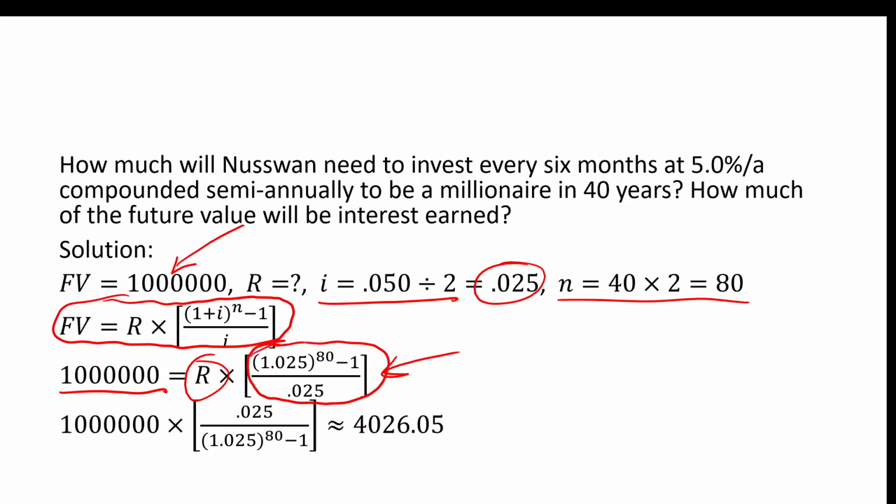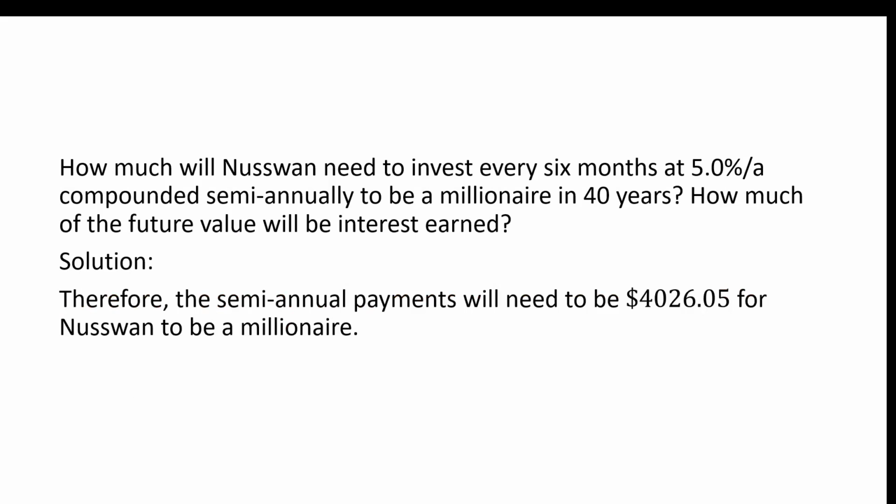So instead of dividing by this value, what we're doing in this step right here is we're multiplying by the reciprocal, which is what dividing a fraction really is. So we're saying 1 million times the reciprocal of this circled thing will be his required regular payment. That equals $4,026.05. So what we're saying is the semi-annual payments will need to be